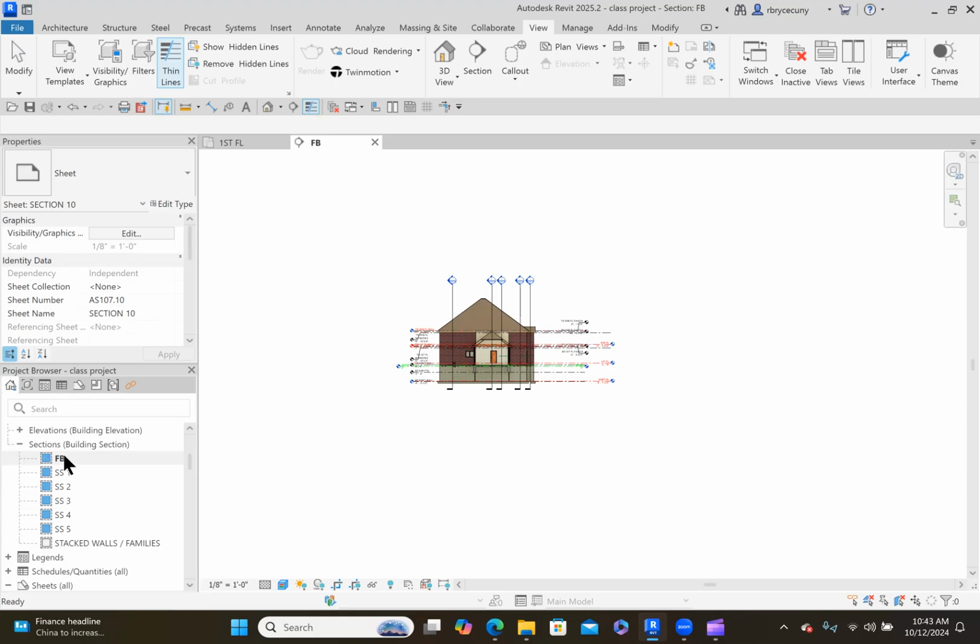is colored in blue, and that means that somewhere in your project that exists on a sheet, whereas our stacked wall families is not on any sheet. We don't need that on a sheet. So Revit's telling us, yep, you have all of these on a sheet, but you do not have this on a sheet. So we know that FB is